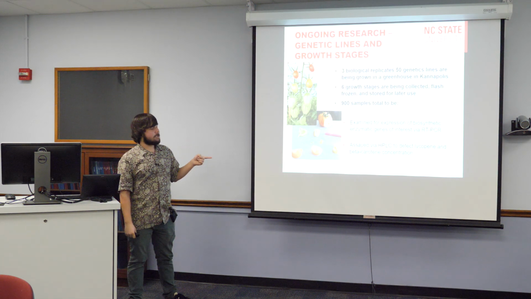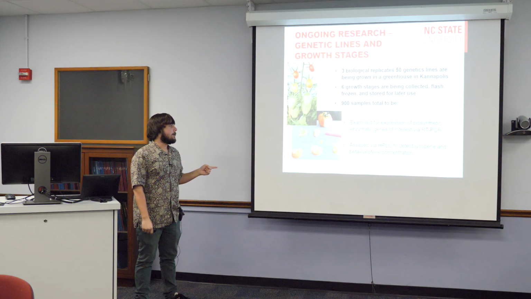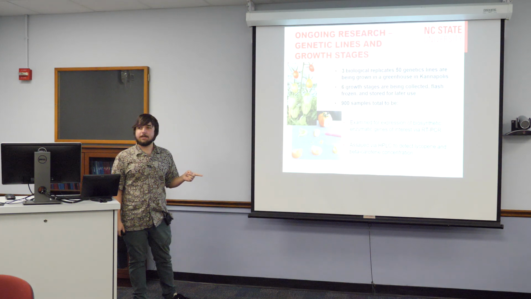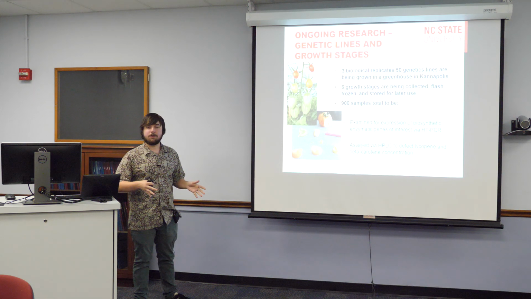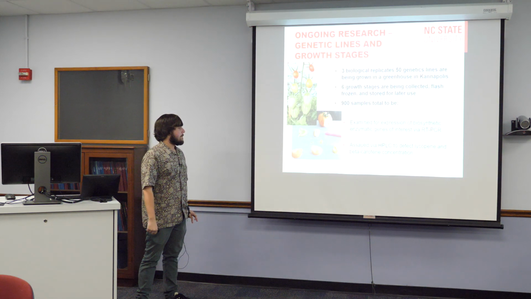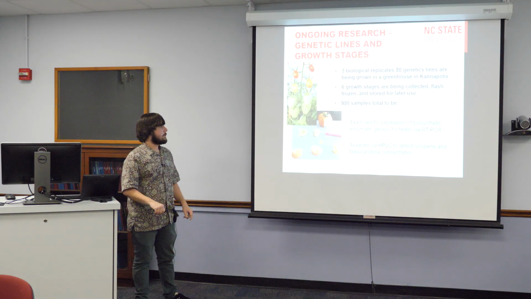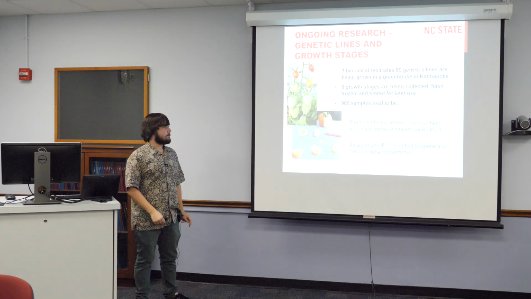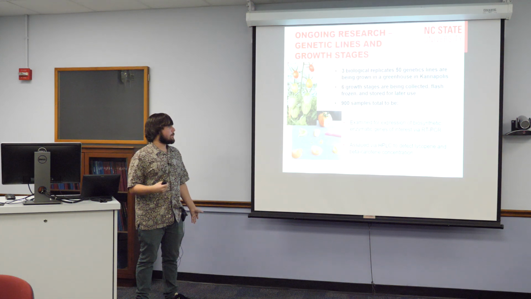As far as the tissues that we're looking at, we're specifically looking at pericarp. Most other studies that have looked at gene expression in tomatoes just look at pericarp, so we're trying to follow that trend. We just cut a slice and throw it in, then grind it up and move on. So there's about 900 samples. So what we're doing is